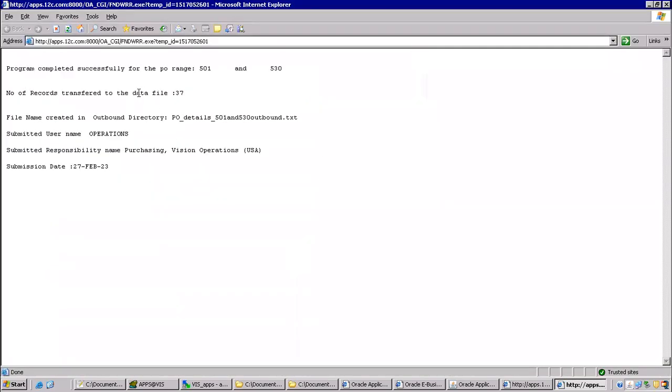So this is the history, guys. Number of records transferred is a counter variable, 37 records transferred. And these two are the parameters, and this is the file name. We submitted through the operations user. We requested the program to be submitted through a responsibility, that is the purchasing responsibility, and this is the sysdate. Okay,